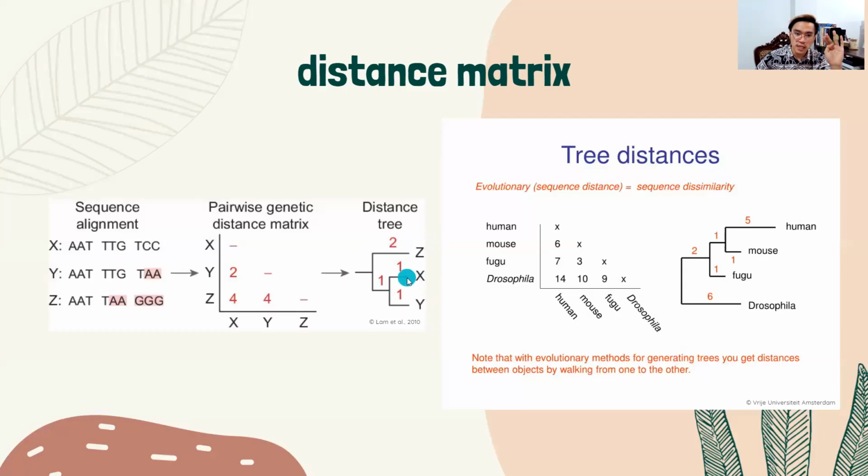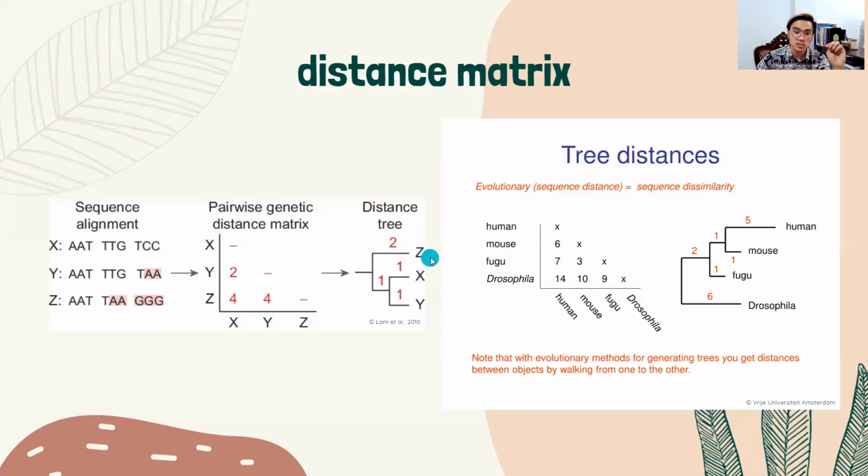But there is already a genetic distance unit right here for X, and then another genetic distance right here that can link the group X and Y to Z. That also makes sense for the pairwise genetic matrix, because if these are 2 units of genetic distance, and you want to go from Z to X, you will walk through 4 units. So 2 right here, and then another unit here, and another unit here. You get 4 units of genetic distance.